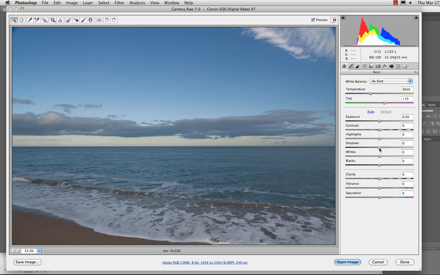You have highlights, shadows, whites and blacks. This is the exposure range here. This is the highlights, and this is the white. And here is the shadows, and here is the black. Clarity increases the midtone contrast between pixels. And then you also have vibrance, which will give a little more oomph to the colors in the photograph that are not the prominent colors. And then